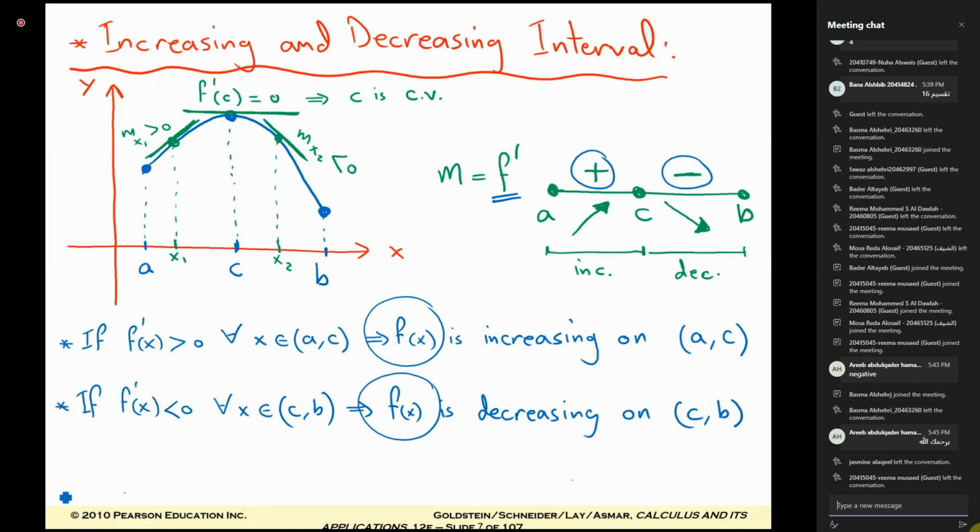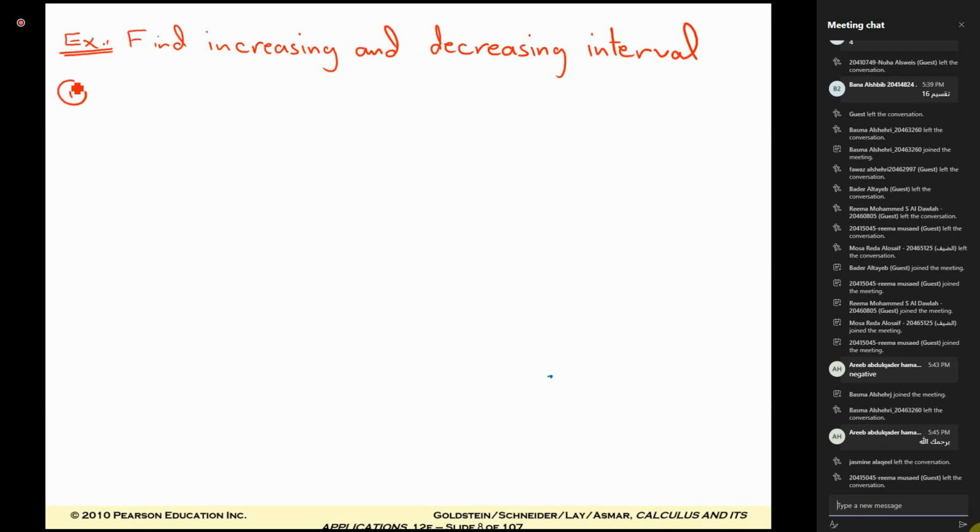Now, an example about this. Example: find the increasing and decreasing intervals for f of x equal to x to the power 3 minus 15x square plus 24x plus 2. The solution: